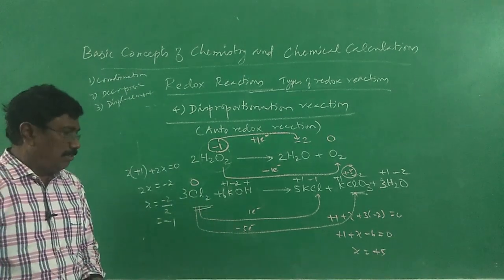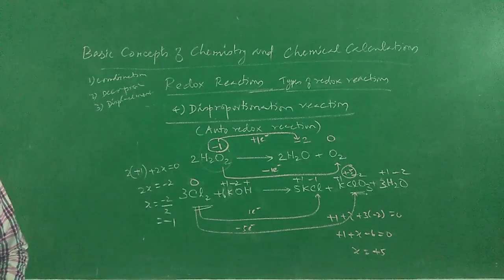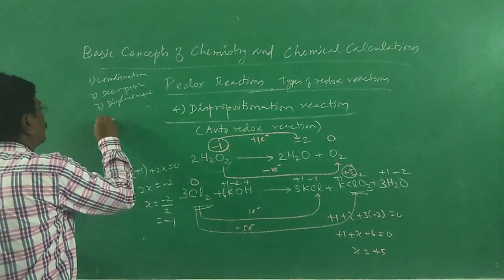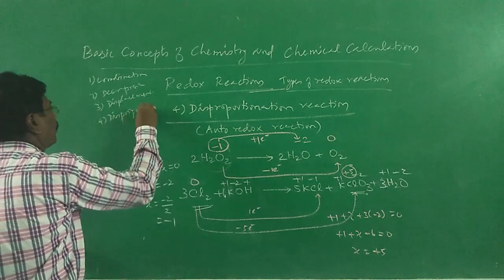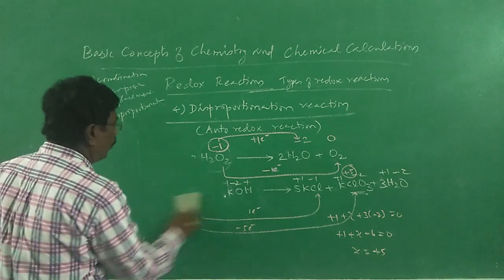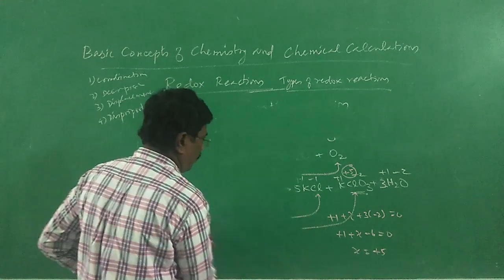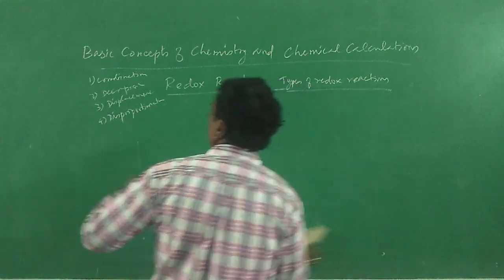Finally, competitive electron transfer. So, fourth method, disproportionation. Fifth, competitive electron transfer. What do you mean by competitive electron transfer? See, earlier we were discussing